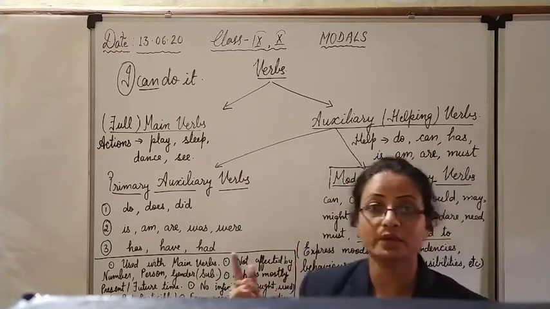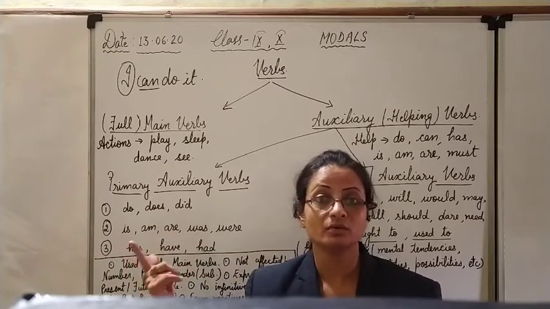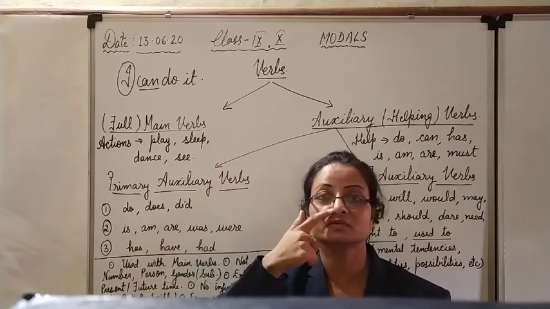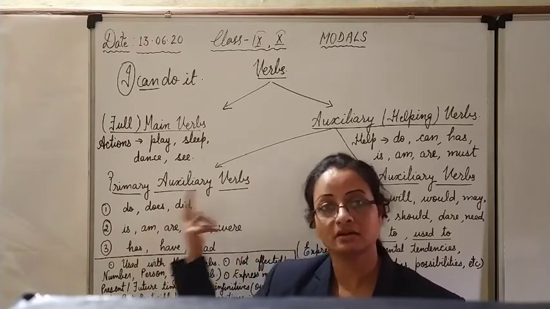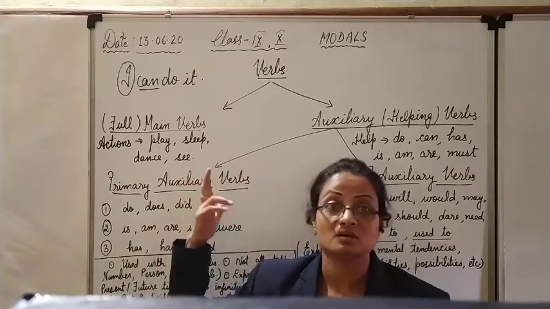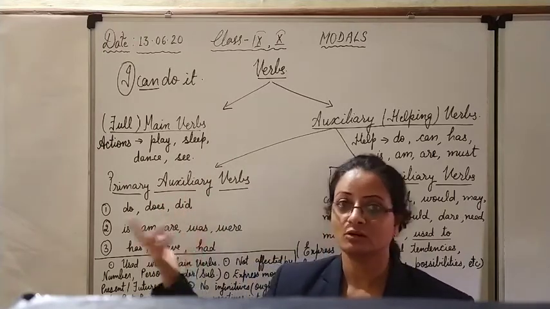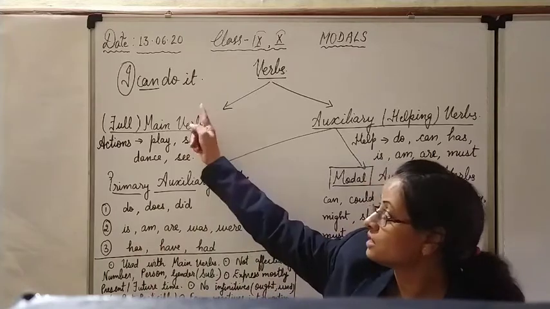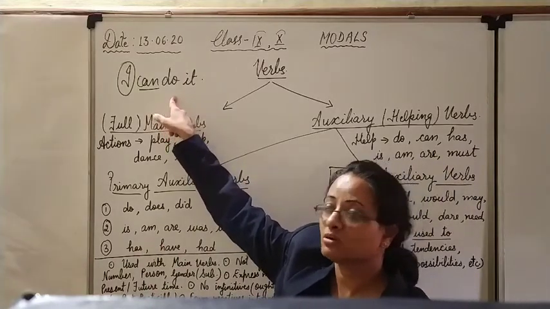Like I can do it, he can do it, she can do it, they can do it, you can do it. All the persons we have seen. Male, female: he can do it, she can do it. It is similar in all. Now, Seema can do it. Vivek can do it. Male or female, no effect. So number, person and gender have no effect on the use of the modals or auxiliaries.